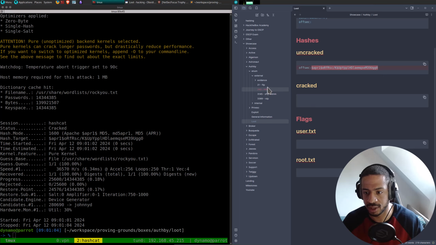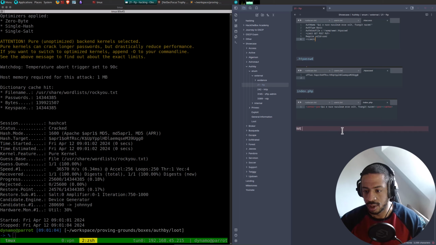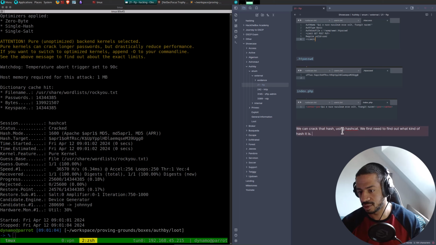Okay, so let's go back into FTP and say we can crack that hash using hashcat. We first need to find out what kind of hash it is, and Google tells us it is an MD5 hash, which can be cracked.